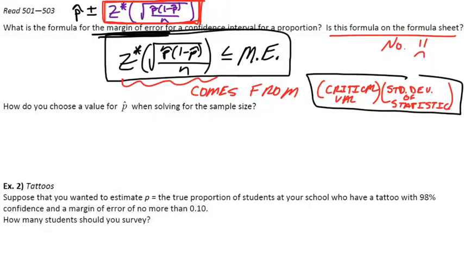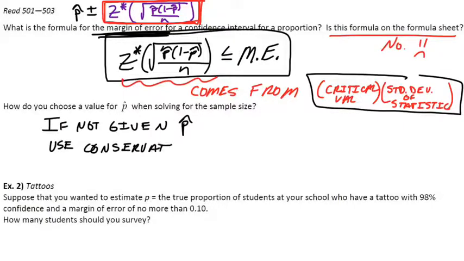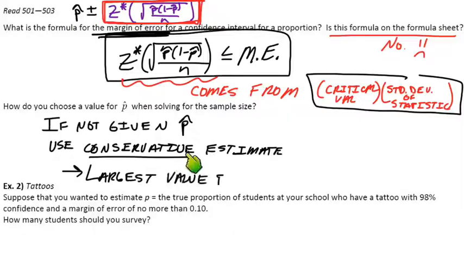And the next part here says, how do you choose a value for p hat when solving for the sample size? Okay, so that basically means, what if they don't give you p hat? What should you set it equal to for just like a default setting? So if you're not given p hat, we in general want to use a conservative estimate for things that we have to basically come up with ourselves. So I want you to just take a second and think about, if I want to be conservative for p hat,